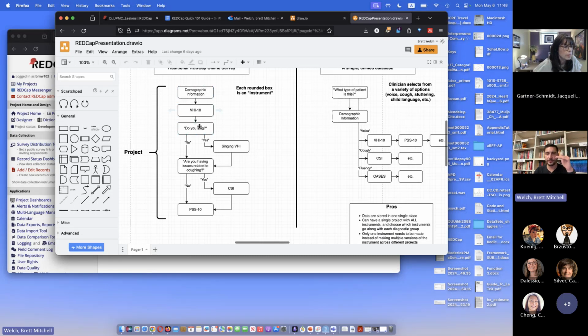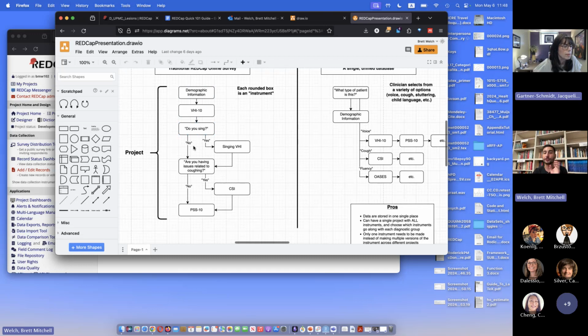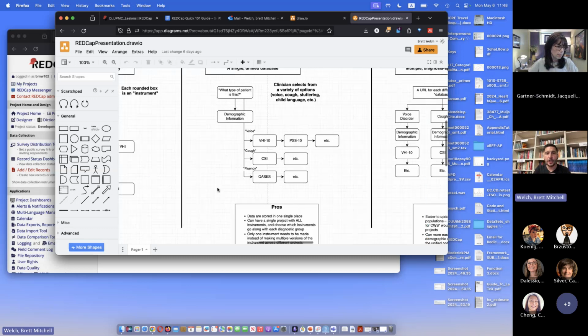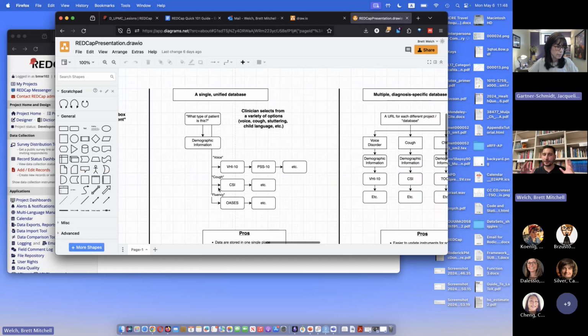So each item, you can have branching logic or the survey queue. If you ask, do you sing, and they say yes, well, now they're going to see the singing VHI page. If they say no, then they skip that page and they go on to issues related to coughing, et cetera, et cetera. Well, if you have one single unified database, you would have a question at the very beginning